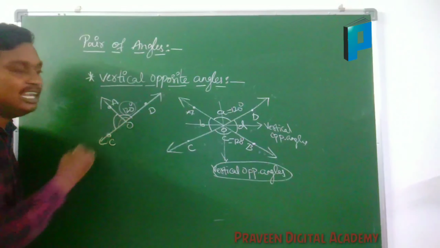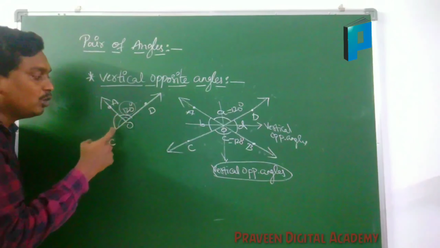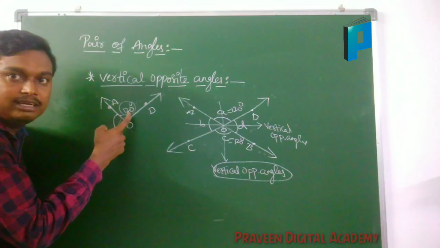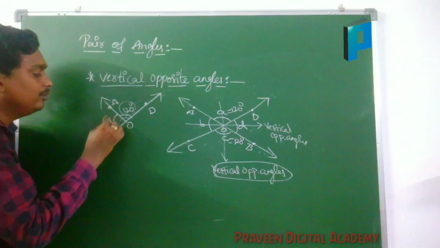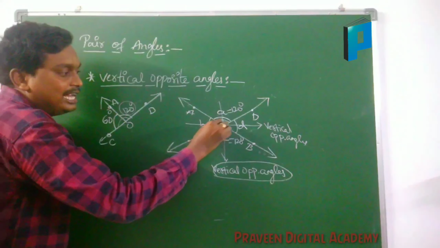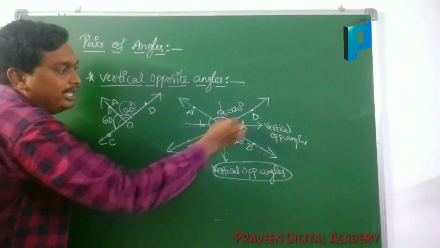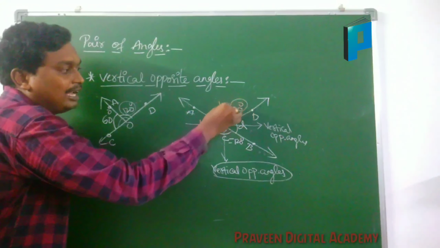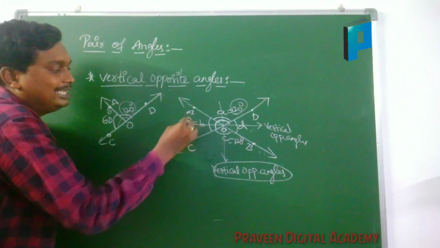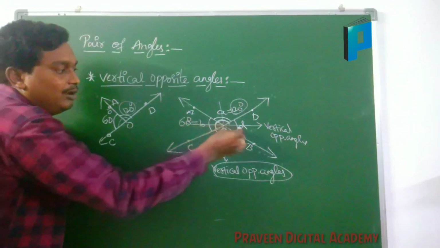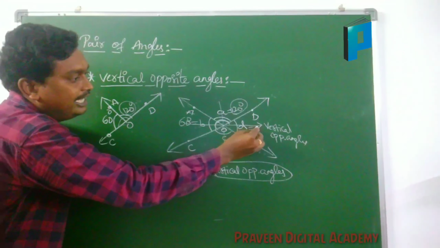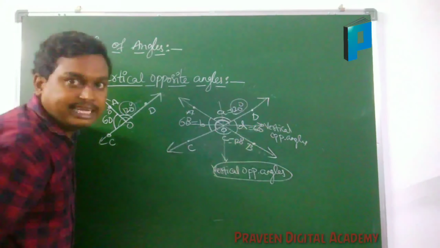What is the other angle you will have here? The total is 180, so you have to subtract 120. What is the answer you will get? You will get 60, by this linear pair. So from that I found the B value, 60. If B is 60, B and D are both vertically opposite angles, so D is also 60.